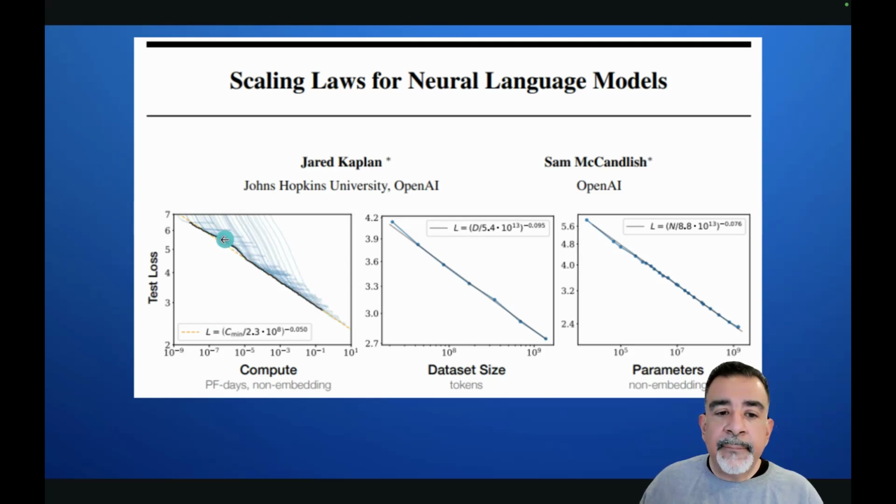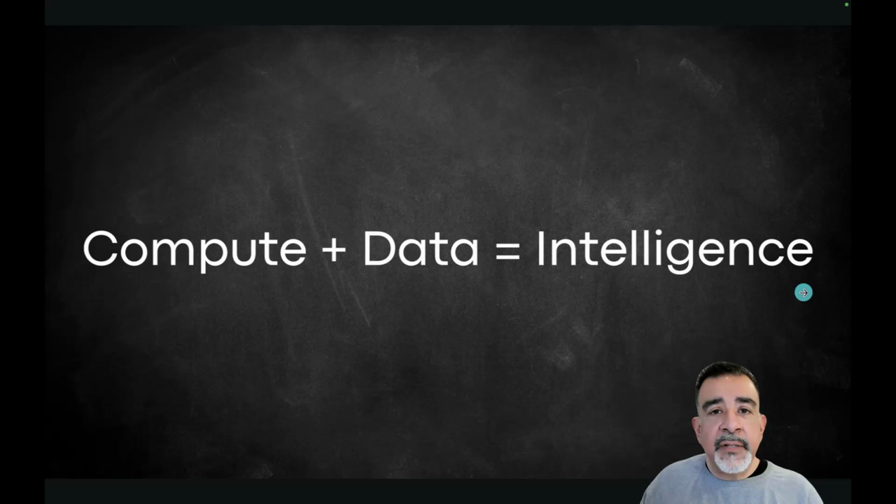So the loss here in this graph on the left is minimizing the loss or getting better, right? So it's showing that the model gets more intelligent over time as you add compute and data, along with the number of parameters or weights and biases that are used. So these three things together show that essentially this formula works and it's scalable. So the more computing power and data leads to higher intelligence. And for the time being, this is a scaling law of intelligence that's worked.